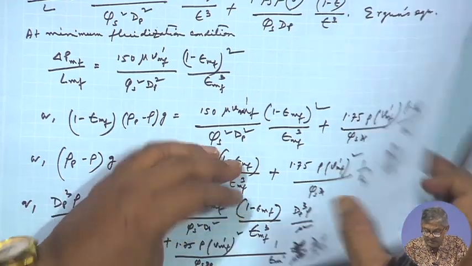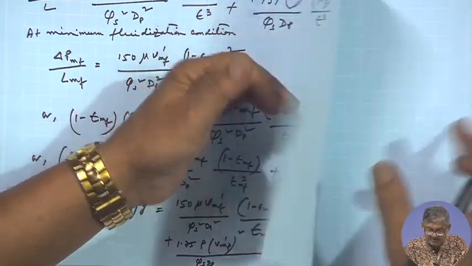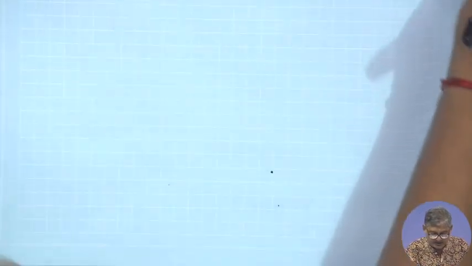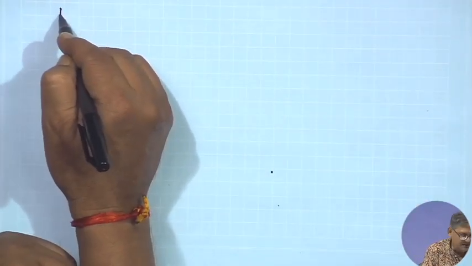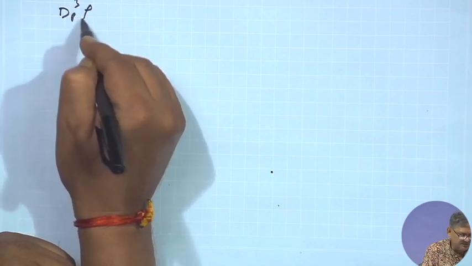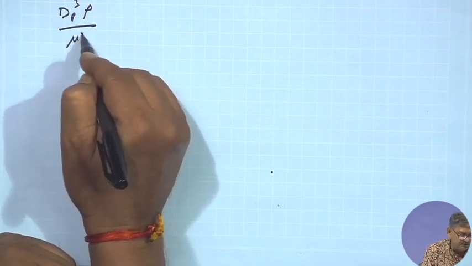If this is the Ergun's rearranged condition, we can further rewrite that d_p cubed rho by mu squared